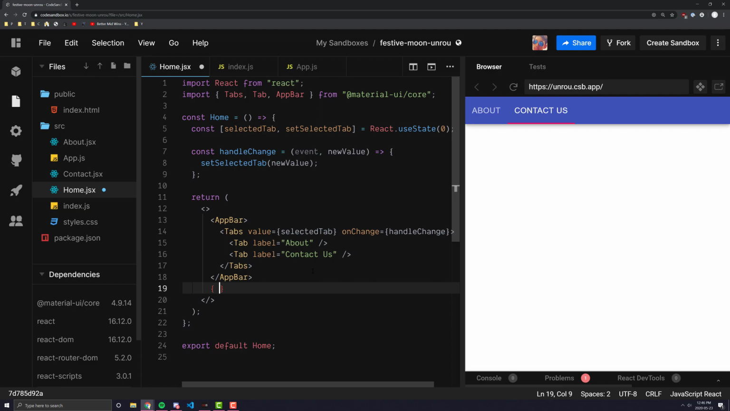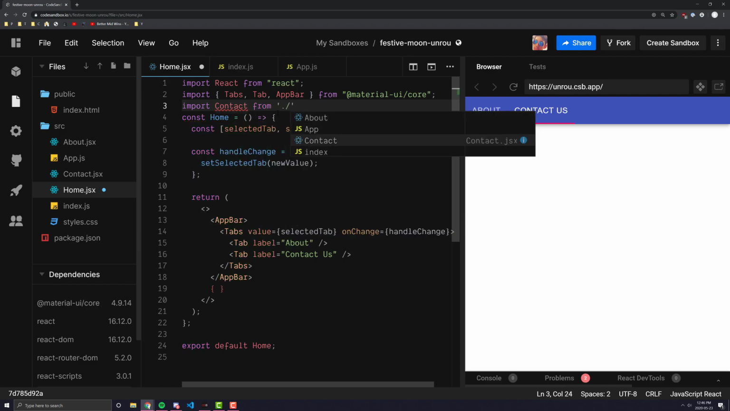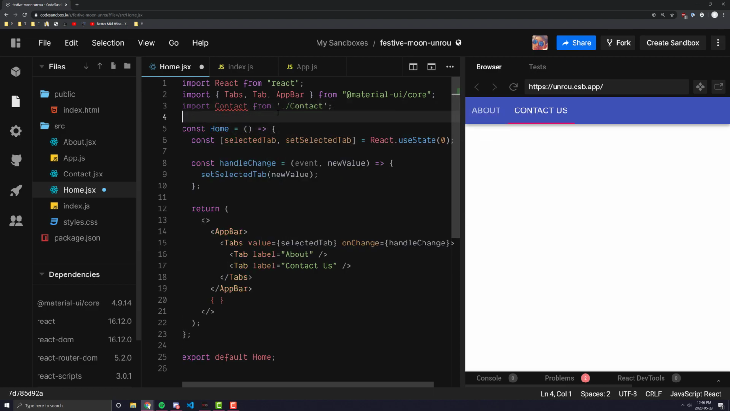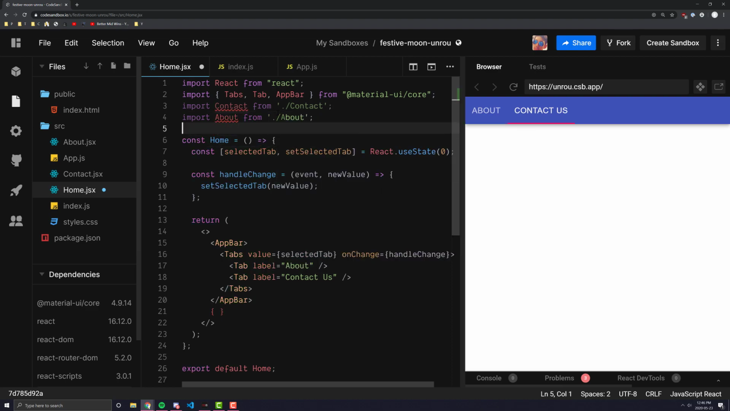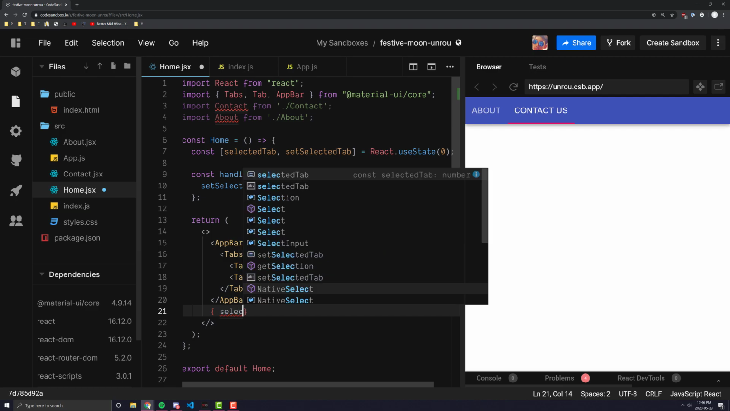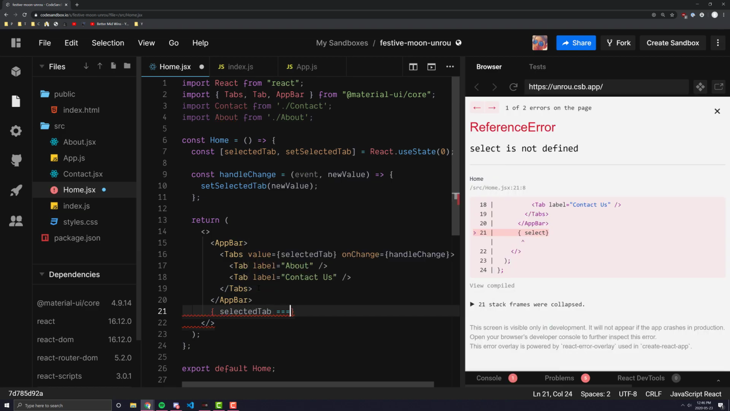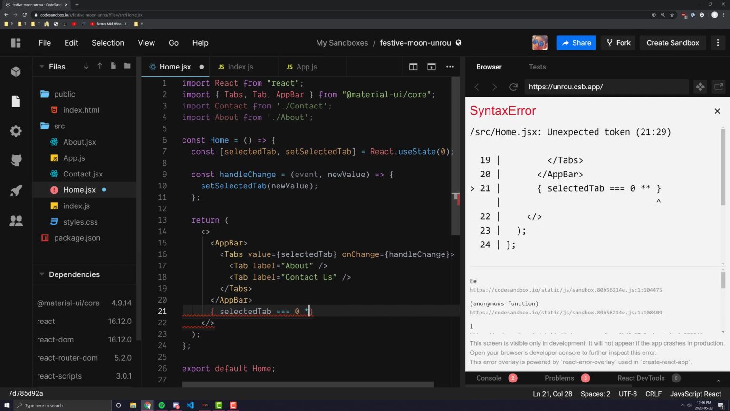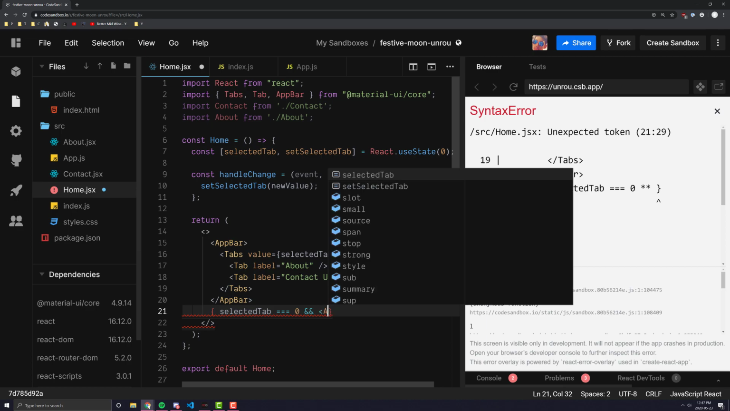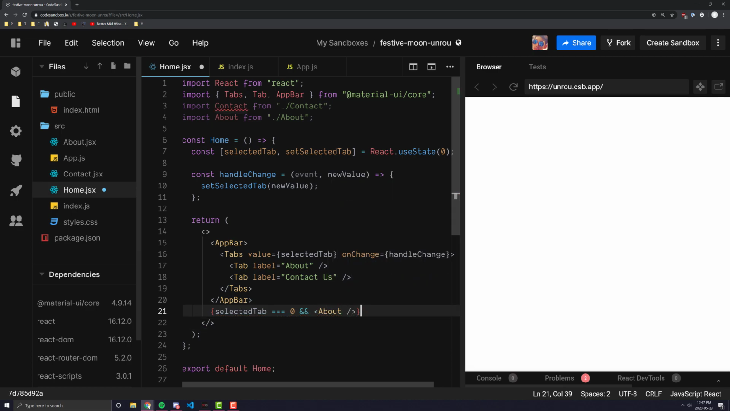And I can just simply add logic here. Well, first, actually, let's import both of them. So import contact from /contact. Import about from /about. And now that we have both those components, we can just say if selected tab is equal to 0, which is the first tab, we can display the about. And if we go ahead and save that,